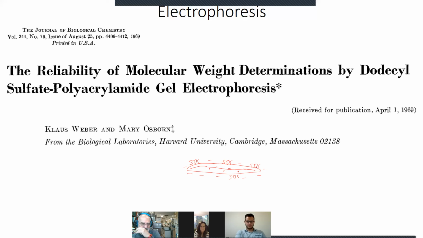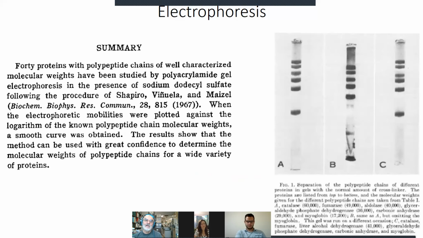The internal binding is done from the uncharged dodecyl carbon moieties, and then the charge is due to the sulfates that are on the surface. That was an observation that people had, that mobility seemed to be proportional to log molecular weight. And so what Weber and Osborne did was they decided to look at this a lot more